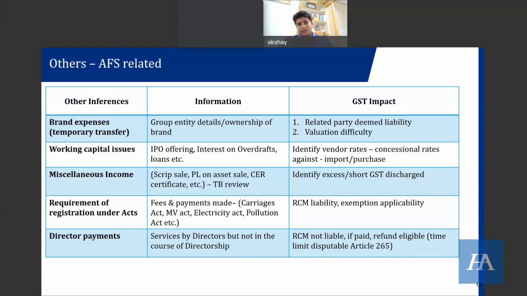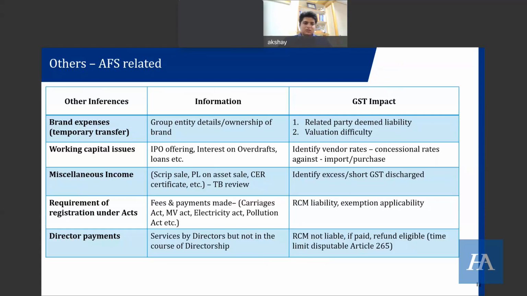How do I value a brand? It is something which is intangible. There may be a value given to the brand, but what is the value of us giving the temporary transfer or the right to use of the brand? What would be that value? So there is a concept that if value fails, levy fails. So that concept may come to your aid, wherein even if you have missed to consider this liability, you can always take the support that valuation is not possible and therefore levy fails.